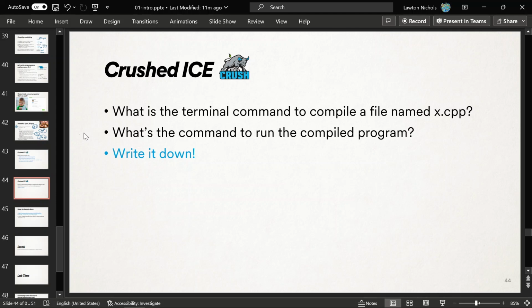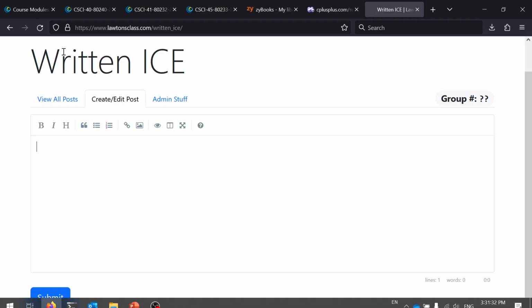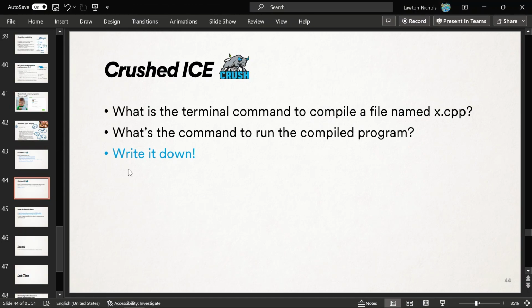Okay, so the terminal command file is G++, probably something or other, and then the file name. But the command to run that compiled program would be